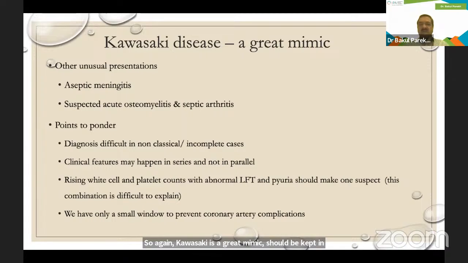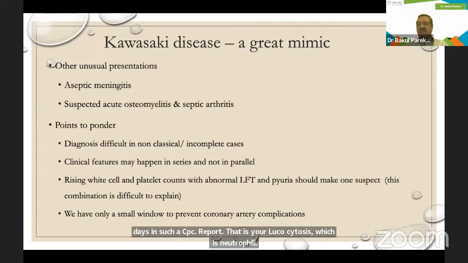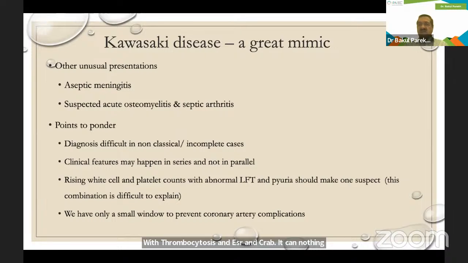In such a CBC report, there is leukocytosis which is neutrophilic with thrombocytosis, and ESR and CRP may be in 3 figures. It can be nothing else but an inflammatory disorder, because a severe bacterial infection causing this type of symptomatology will decrease platelets, decrease the count, or maybe increase the count tremendously, and the blood culture can come positive. So all these things will help you in differentiating, and definitely you should be cautious about incomplete or atypical Kawasaki,